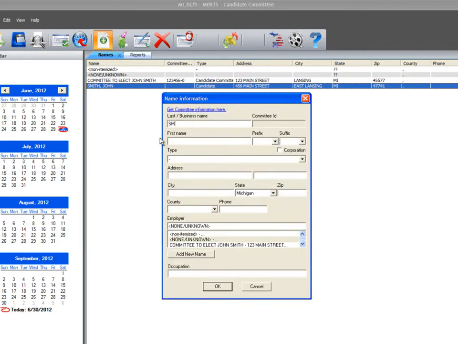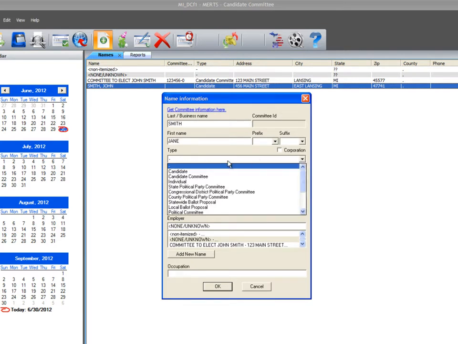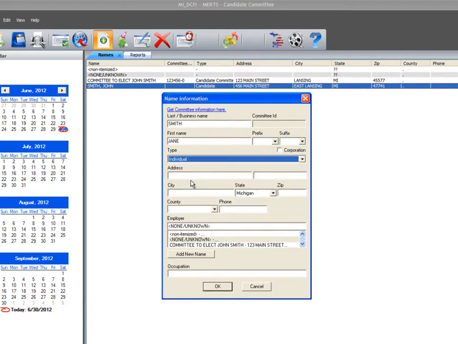Enter the treasurer's last name, enter the treasurer's first name, select Individual from the drop-down, enter the treasurer's address information. Next, select Add New Name to enter the treasurer's employer.